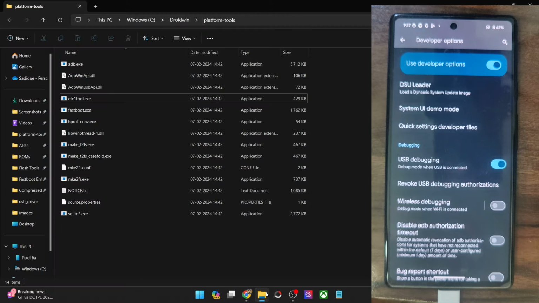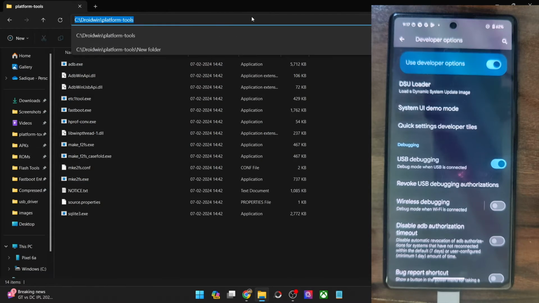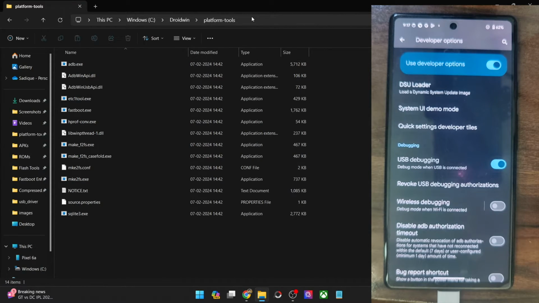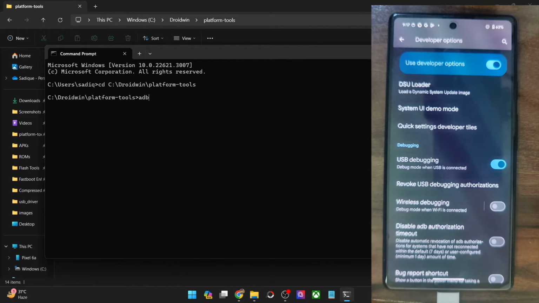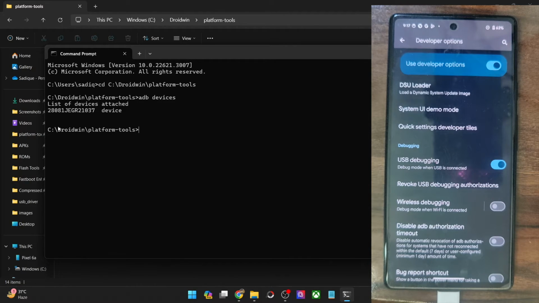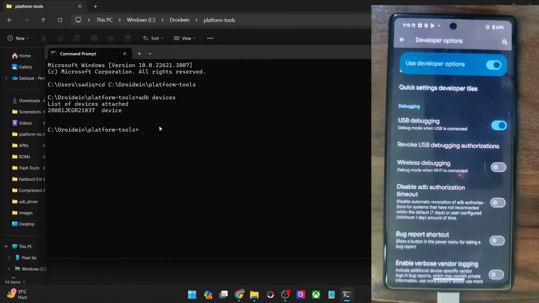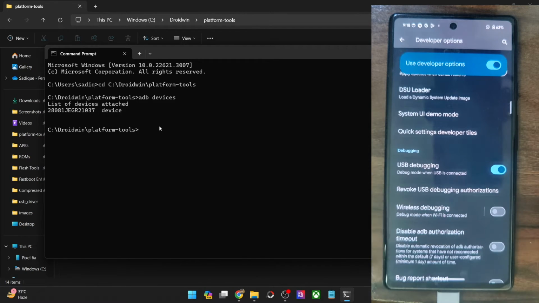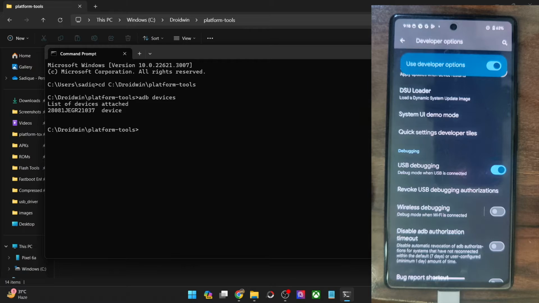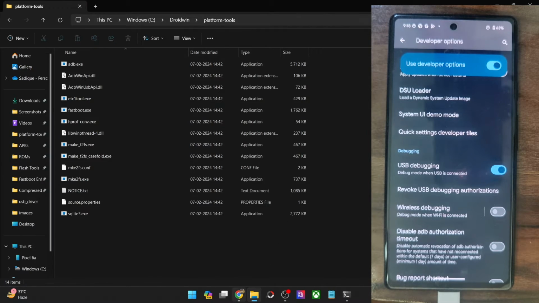Let's verify the same. So go to the platform tools folder address bar, type in CMD and hit enter. This will launch Command Prompt inside the platform tools directory. Now type in adb devices and hit enter, and make sure that you are getting a serial ID. If you are not getting any ID, then unplug and replug your phone from the PC. Disable and re-enable USB debugging. Tap on Revoke USB debugging authorizations. Use the official USB cable that came with your phone, and use the USB 2.0 port on your PC. So carry out the USB tweaks and make sure that you are getting an ID. Once you are getting this ID, let's now move on with the next step.